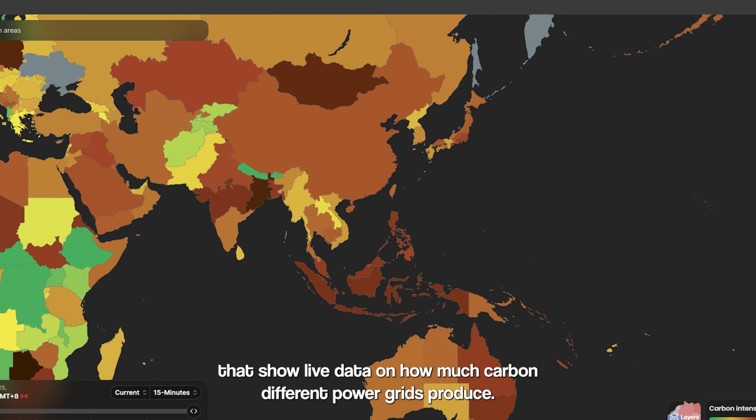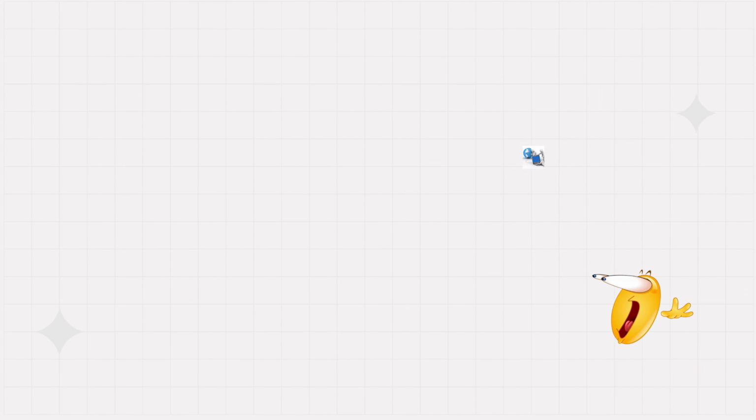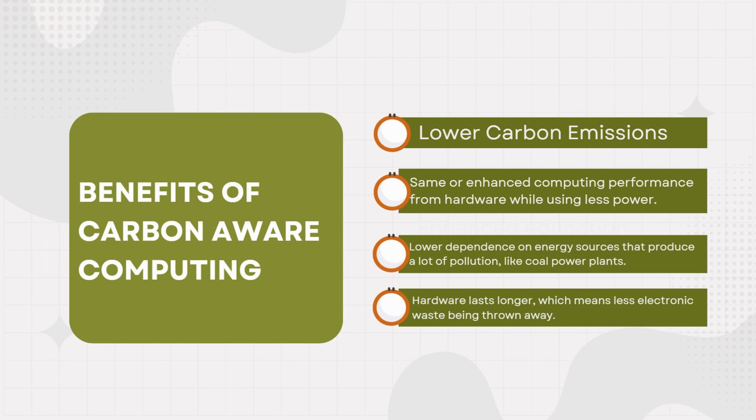Next, we're gonna move to the benefits of carbon-aware computing. The first benefit of carbon-aware computing is lower carbon emissions. By choosing times and places with cleaner energy, computers release less carbon into the atmosphere, helping fight climate change. Next is the same or enhanced computing performance from hardware while using less power. It means computers can work just as fast or even faster while using less electricity, making them more efficient and